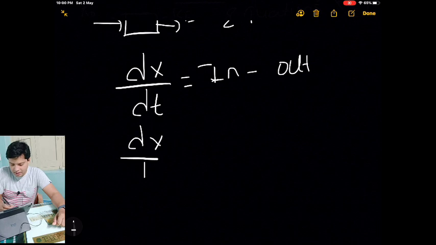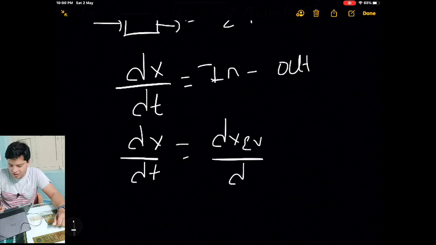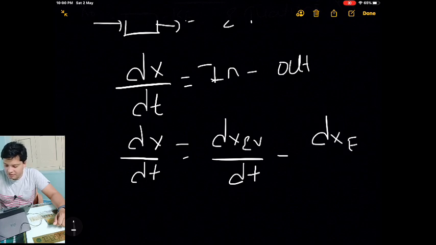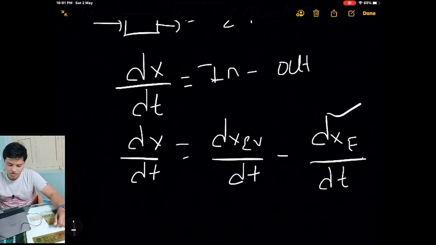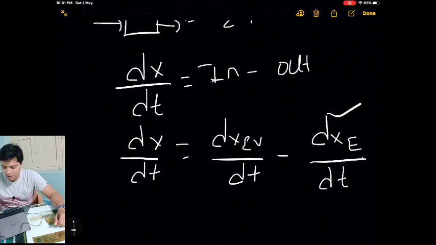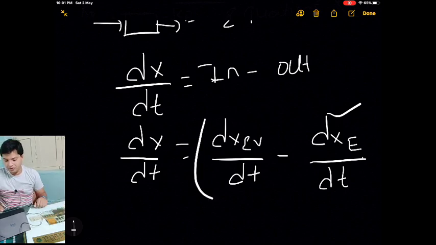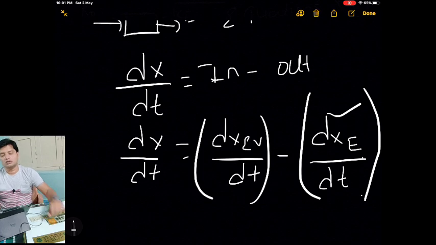So what is in here in the form of extravascular? The rate of change of drug which is coming through extravascular, EV meaning extravascular, minus the rate of change of drug which is leaving the body through first order, outgoing. So outgoing will be your first order, Ke, elimination. That is, absorbing drug through first order and eliminating drug through first order, because we are going to deal with first order absorption.